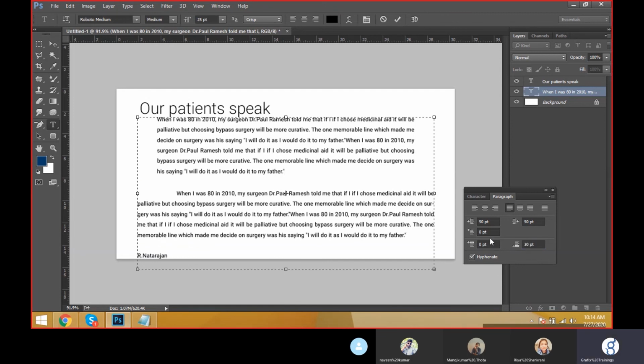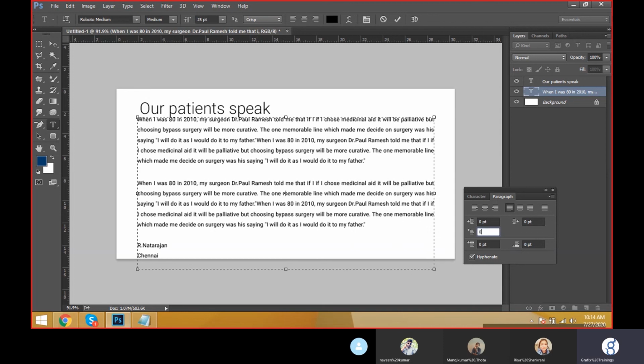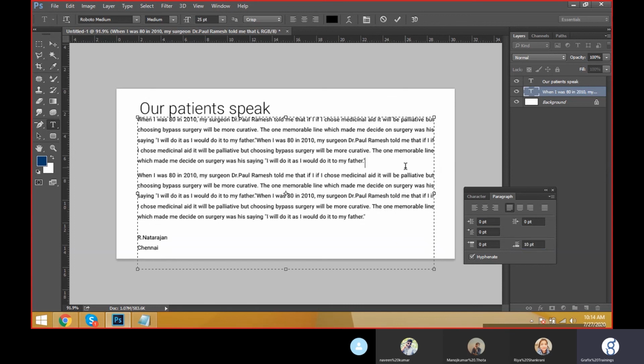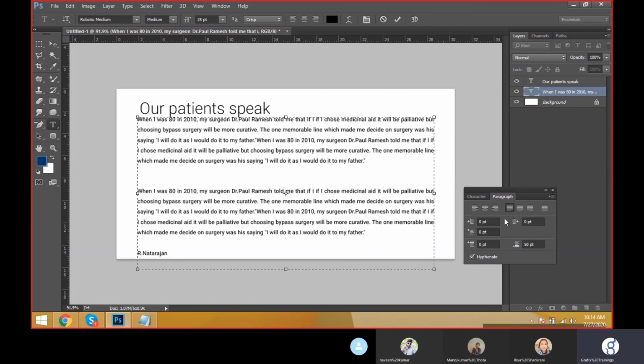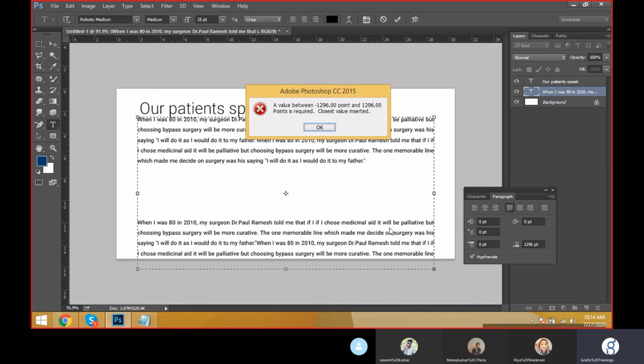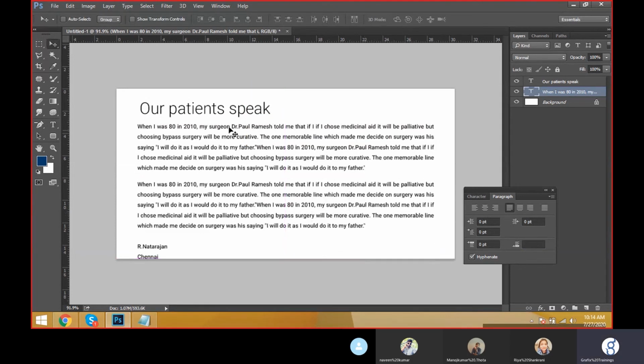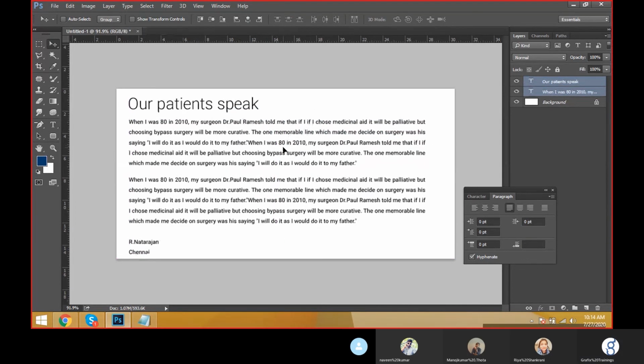And you can keep it 0 here, and 0 here, and 0 here from the right margin also. Everything keep it 0. And from paragraph to paragraph, you can take from here how much you need. Basically it will be in points only, 30 points. Okay, like this. And I'm just giving 15 points. Like this.